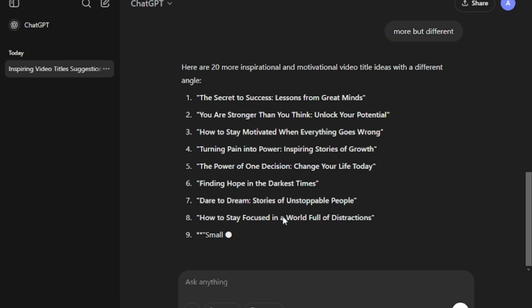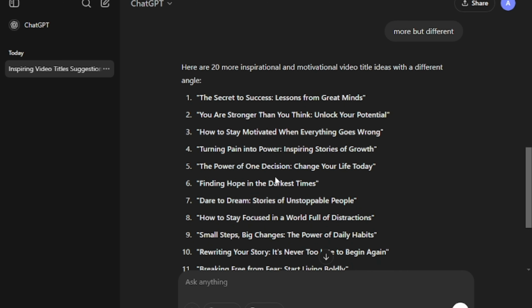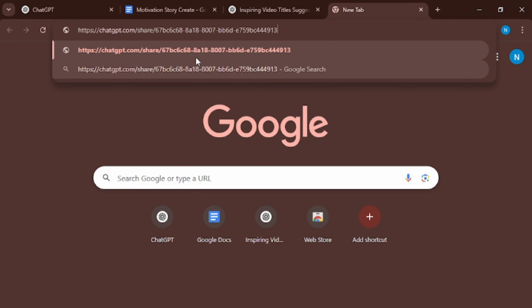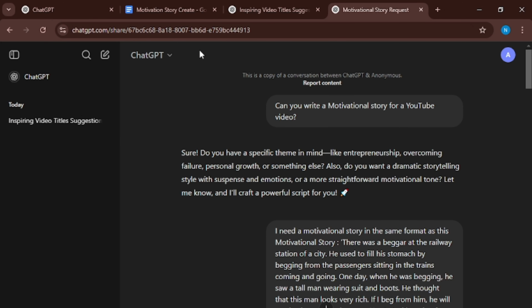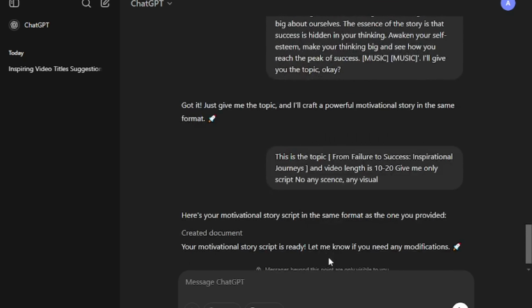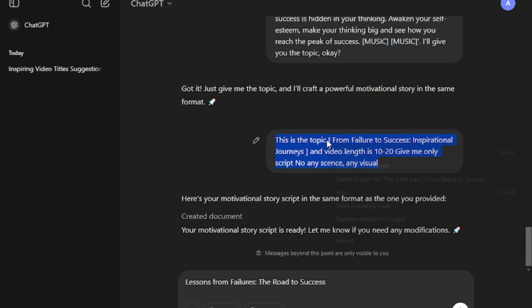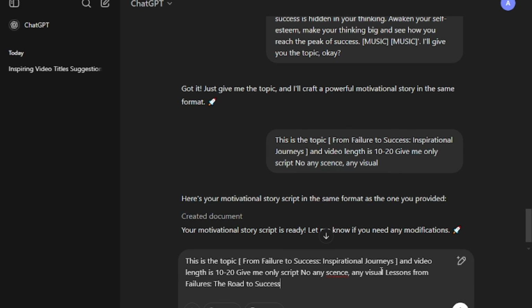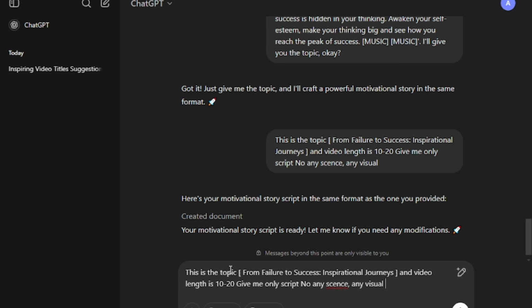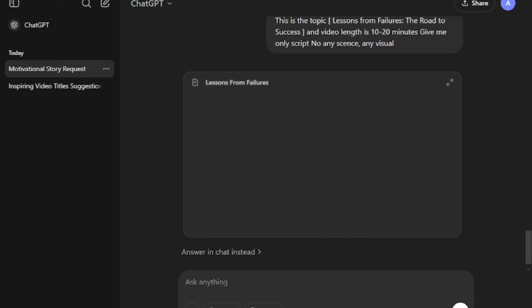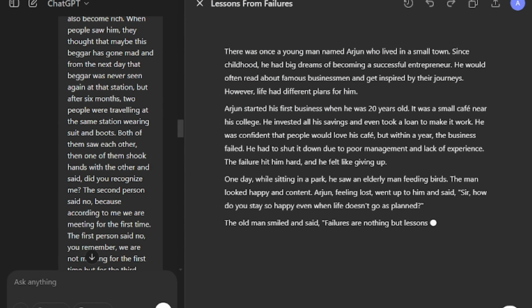Now that you have the title, it's time to generate the script. To do this, go back to the Google Docs file and copy the second link. Again, open a new tab, paste the link into the search bar, and press enter. Here you'll see a pre-made format for script generation. Simply select one of the generated titles and paste it here. Now copy these lines and paste them into the text box. Then, copy the title from here and replace it with the existing title. Press enter. If you see an error, simply copy the lines again, paste them into the text box, and generate them again. Once ChatGPT starts generating the script,